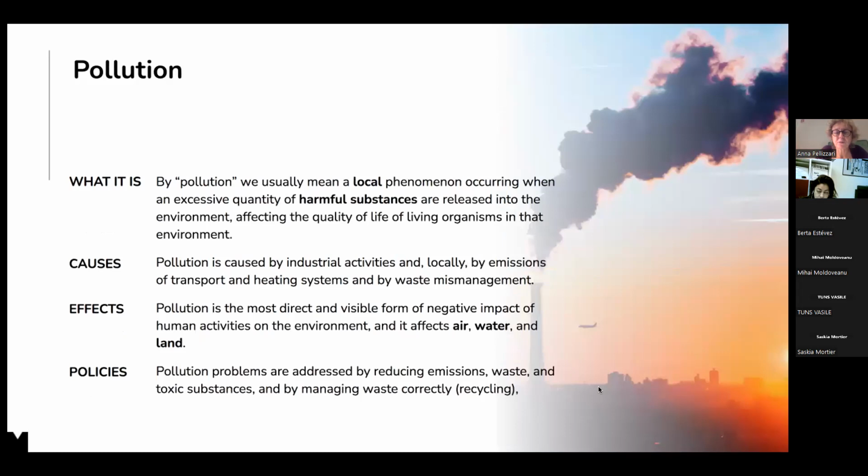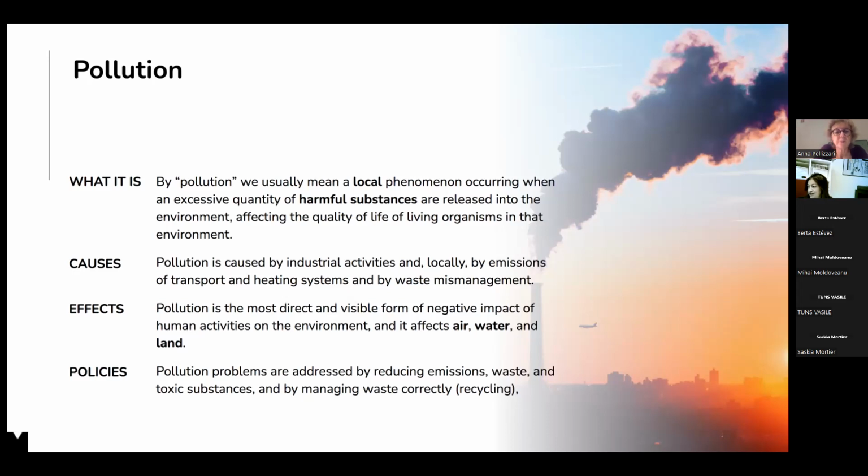Then we have pollution. So clearly, there is a difference between climate crisis and pollution. And in many cases, there is a confusion about these two levels. Pollution is more a local phenomenon that occurs when an excessive quantity of harmful substances are released into the environment, which affects the quality of life of living organisms in that specific environment. So the pollution is caused by typically industrial activities, also by agricultural activities if uncontrolled,